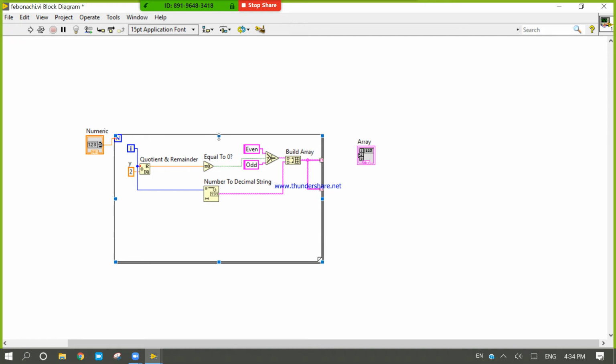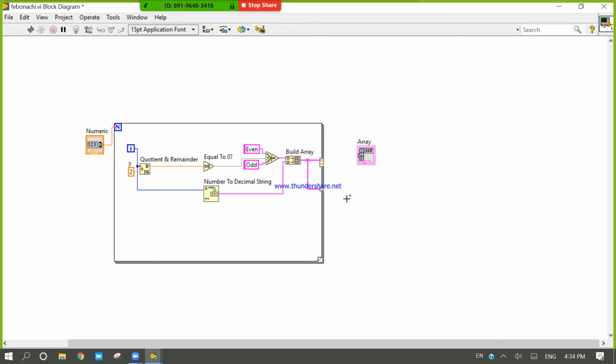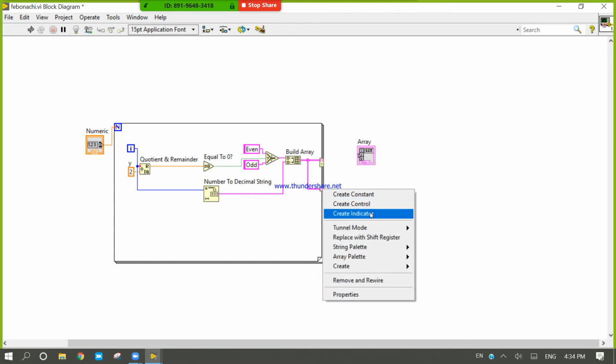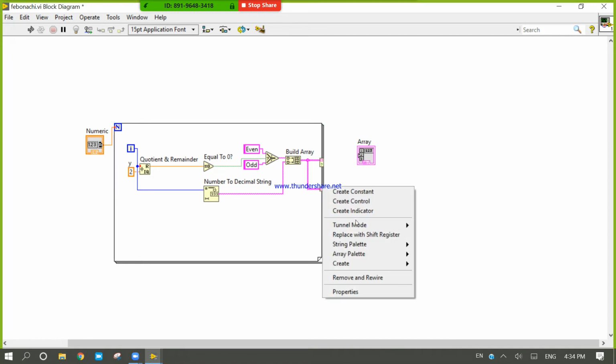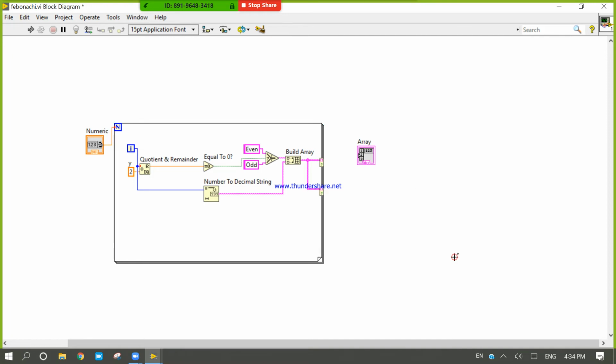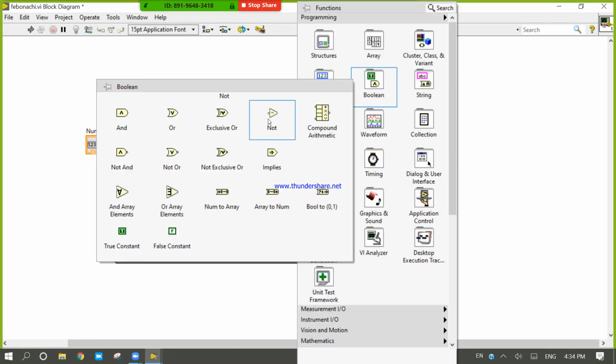Now watch here, please all of you. Click on this auto index tunnel, come to tunnel mode, click on this last value, conditional. Right click here, come to the boolean, take node.